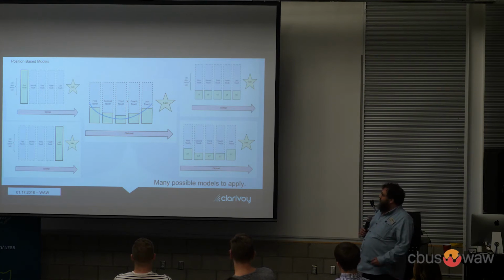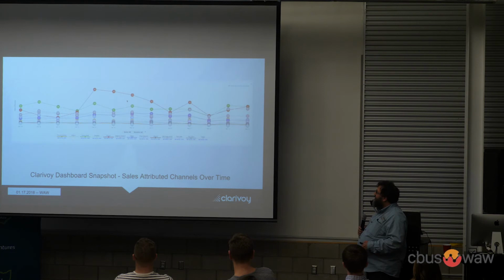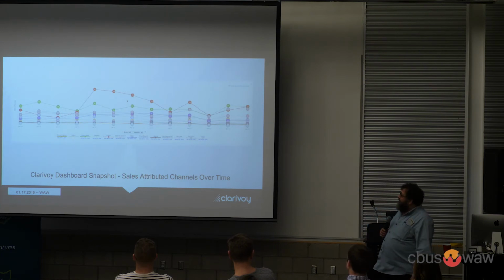There's also effects of dimensions, such as whether it was an email open or a display ad impression, whether it was a lead form submission. There's a lot of other things you can include in there that help factor these models. And we aggregate it up, and then we show over time how the different channels are doing. In this example, that red line across the top is their email marketing. And you can see email marketing worked really good in March, but it slowly went downhill and wasn't doing much for them in July. They made some changes, and it bumped up in August, but they're still struggling to get back to the way they were last year.